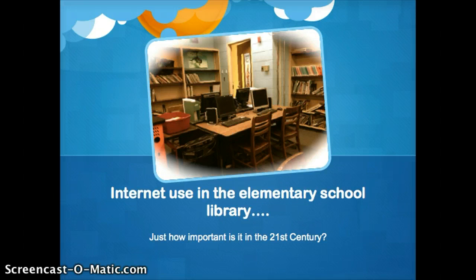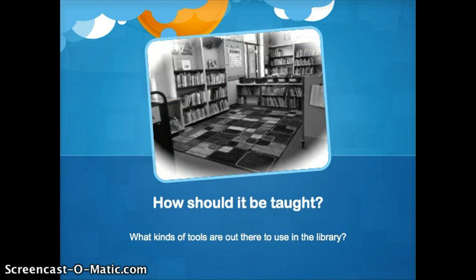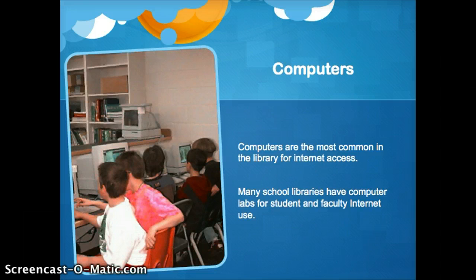I personally feel that there are many different opinions regarding this question, as well as different ways to look at it. Let's look at the different ways internet should be taught in a K through 5 school. Face it, you cannot put a student in front of a computer and give the child internet access, then walk away. So let's first take a look at the selection of tools to access the internet. First, we can look at internet use through computer access. We would probably all agree that desktop computers are the most common tool used to gain access to the internet